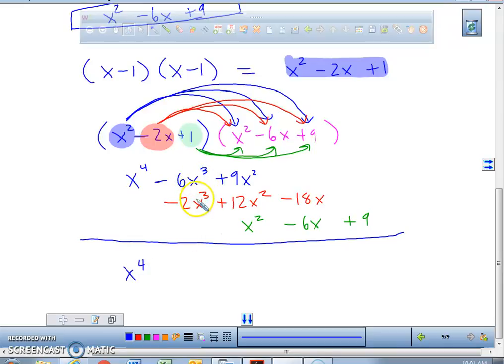Negative 6x cubed minus 2x cubed, negative 8x cubed. 9x squared, 12x squared, 1x squared,